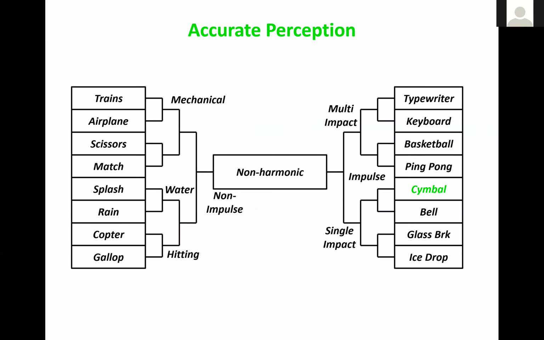So if there is a high similarity measure, right, it results in an accurate perception. And if there are multiple sources that approximately match the attenuated signal, right, then instead of choosing the leaf node, we essentially choose the lowest common ancestor, right? So this produces an approximate perception, right? And this approximation gets coarser and coarser depending on the sound degradation. And in some cases, it may even produce an incorrect perception, right? So if the sound signal has degraded significantly, it may actually result in an incorrectly perceived sound.